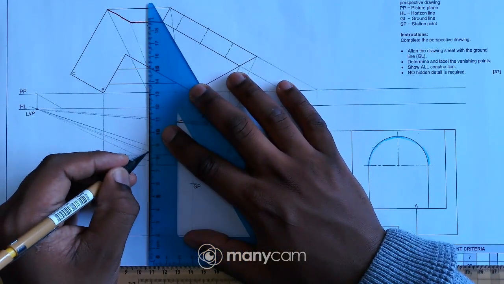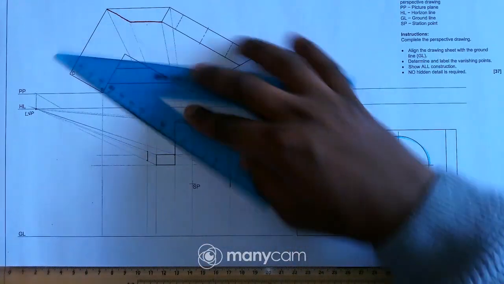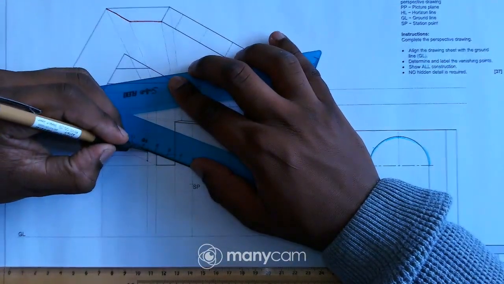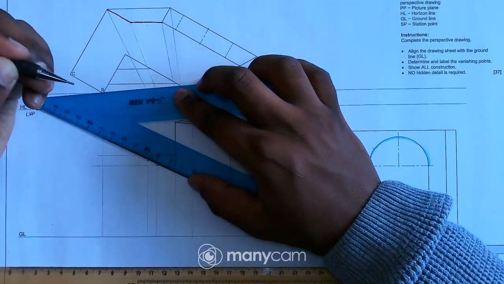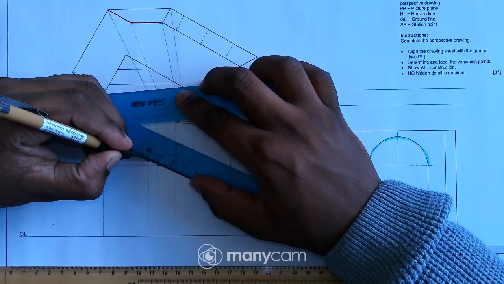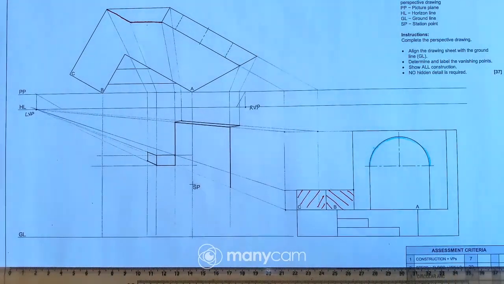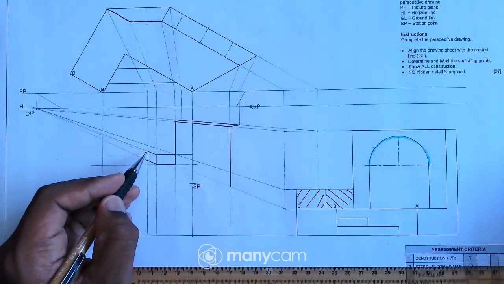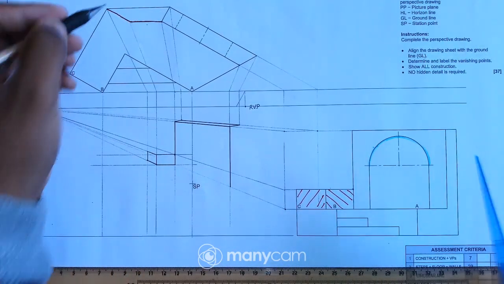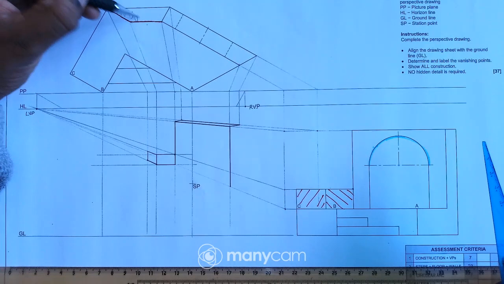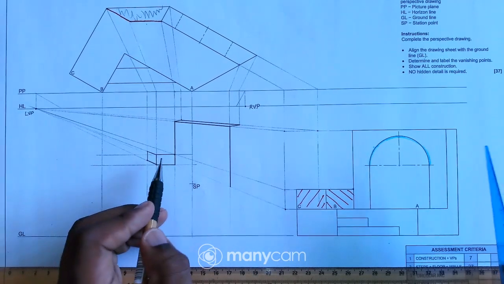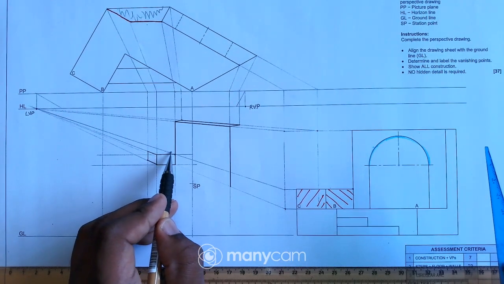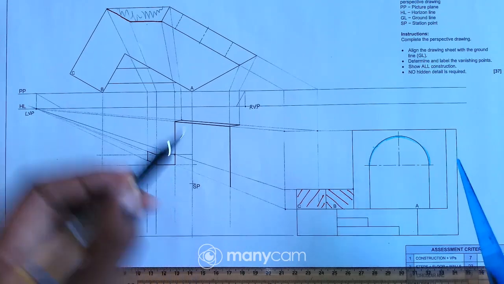So I can just complete the surface like that, just like that. Okay, and then the top surface, which is this one here, that surface will be right there at the top there.